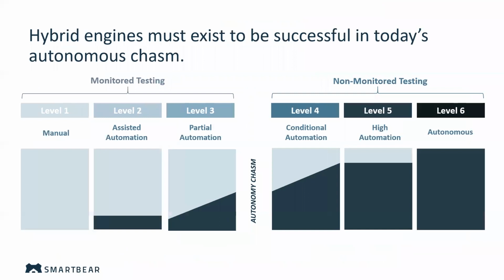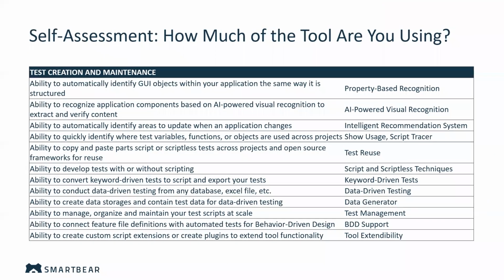So as I mentioned, it's going to be a hybrid mix going forward. And this is just something to ask yourself. When you're looking at a test automation tool, I'm not saying that you need to have all of these features, because again, it depends on what application you're testing and what tests you want to automate. But these are just a little guidance that you could use to start a self-assessment as you're evaluating your tool.